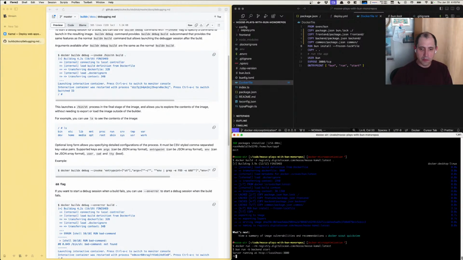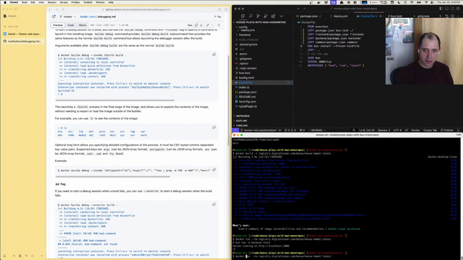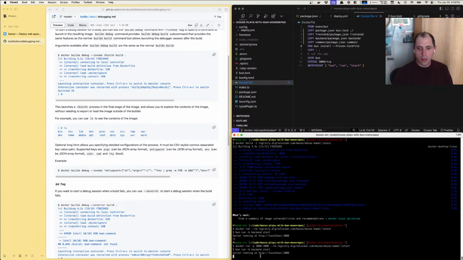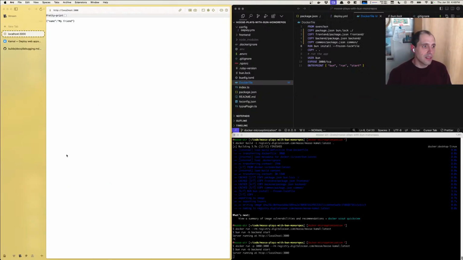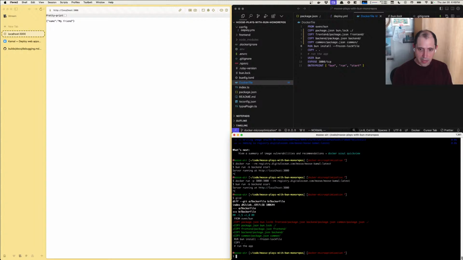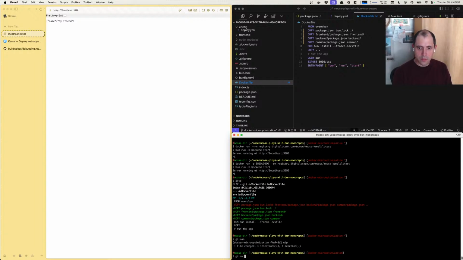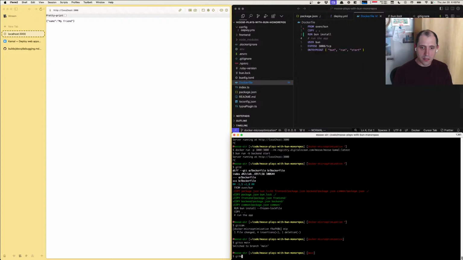Oh, I gotta map the port, right? It's dash p 3000:3000. Boom! Yes! Love it! Cool. Let's get our localhost in. Cool. And we can command that. And just go back to main and get